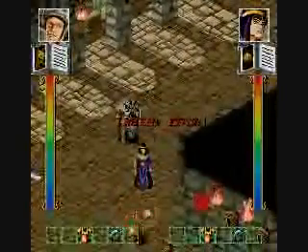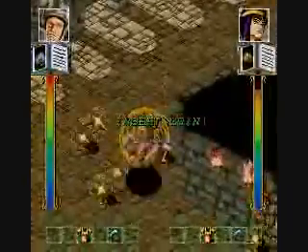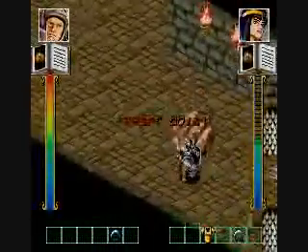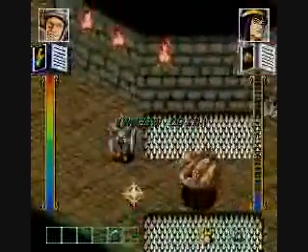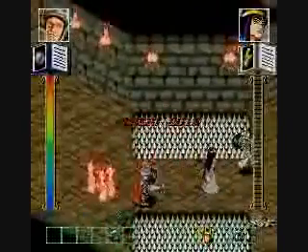But I like the knight best. He has a chain that he slings, and it spins. And there is one of the special attacks. The wizard turned into a giant stone. And the magic attack will drain as you use that, or the magic meter will drain as you use that